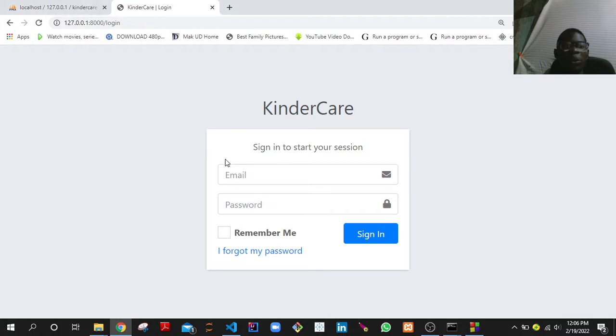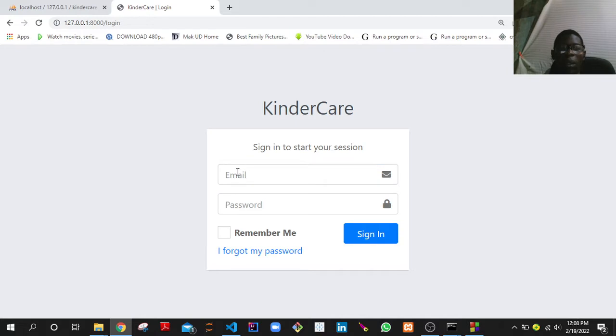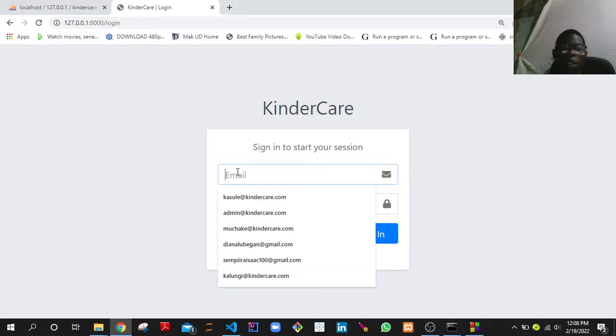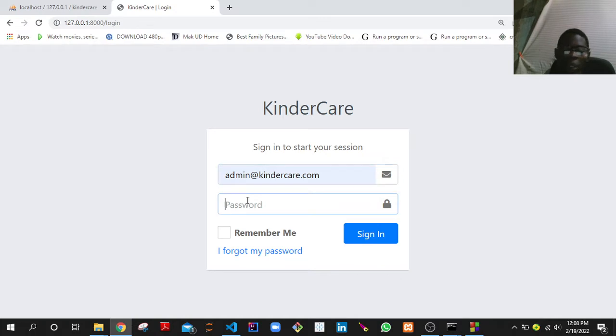So here I can log in as an admin. The password is capital P at SS1234, Pass1234. That is the password. And then